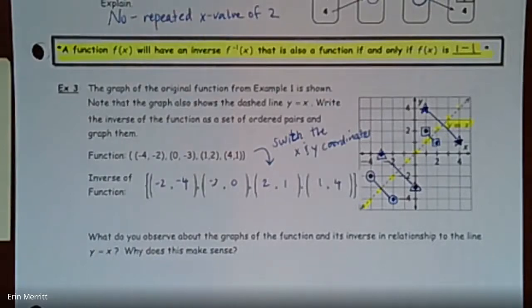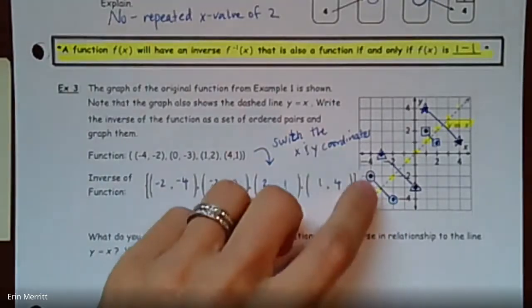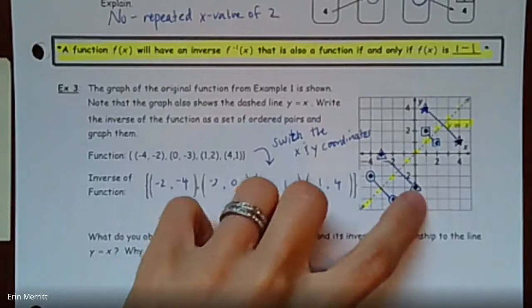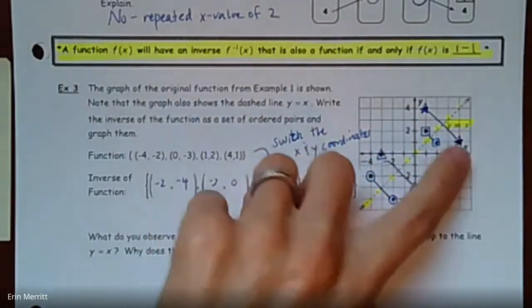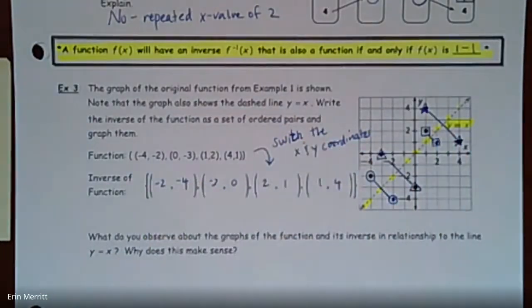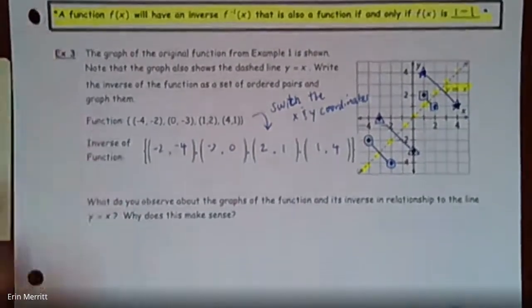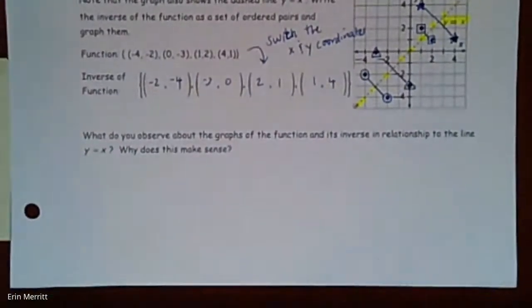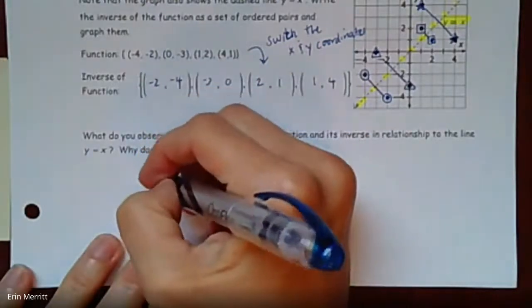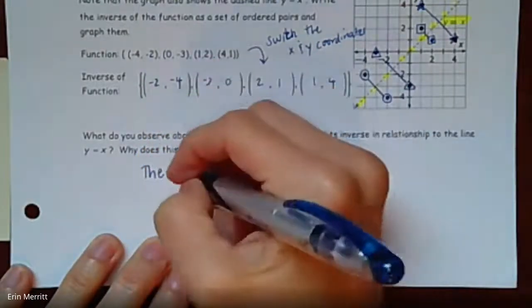What you can start to see is the point and its inverse, the point and its inverse, they're all on opposite sides of that line y equals x. And if you dig back down into your geometry memory, what you should hopefully recognize is that there is a relationship. When you have one equidistant on either side of that line, it means that we have a reflection over that line. So what we can say, all right, is that the inverse function,